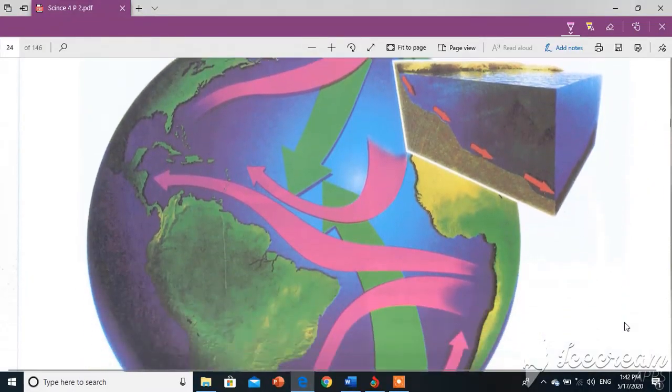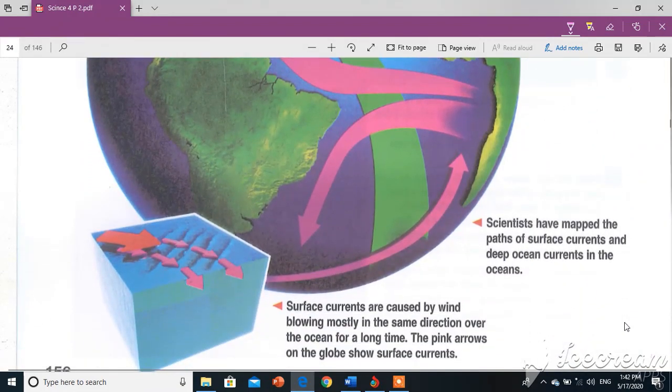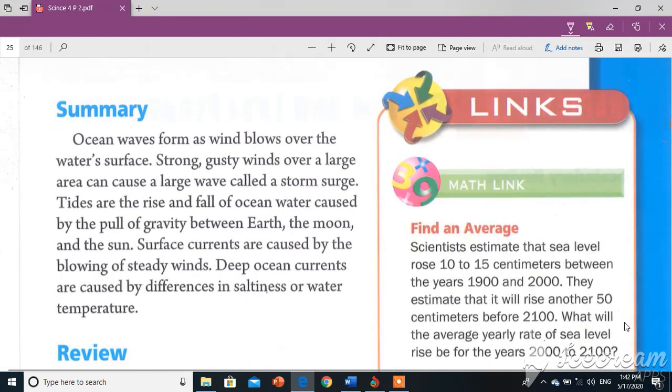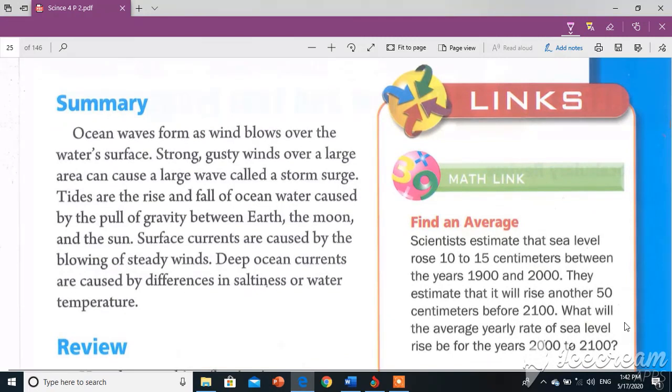Let us go to page 157, summary and review. Summary: ocean waves form as wind blows over the water's surface. Strong gusty winds over a large area can cause a large wave, called a storm surge. Tides are the rise and fall of ocean water caused by the pull of gravity between Earth, the Moon, and the Sun. Surface currents are caused by blowing of steady winds, but deep ocean currents are caused by differences in